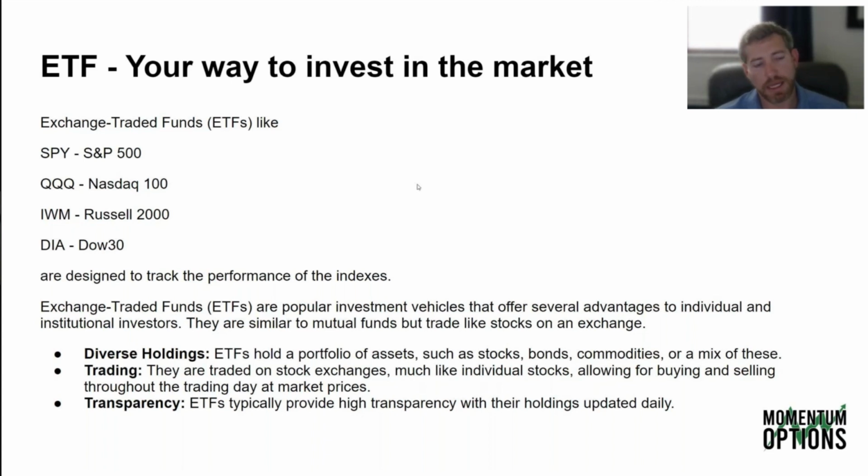And again, we have the DIA, which is the Dow 30. A lot of people like to invest in the Dow, so this is your way to do that. But again, it's going to be more heavily impacted by individual assets in its portfolio, say like Apple or Amazon or Google, that might drastically influence its price. And I'm not actually sure if Google is in the Dow. I know Apple for sure is. So that's my greatest example anyway.